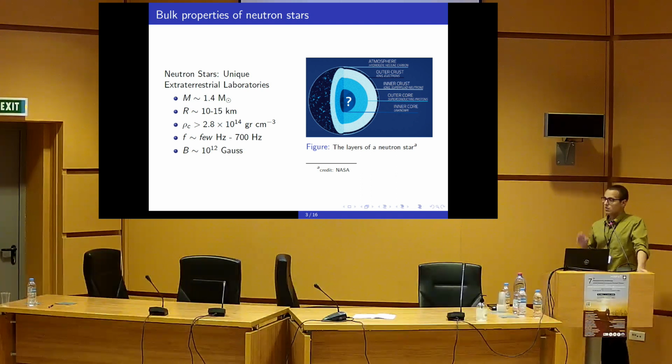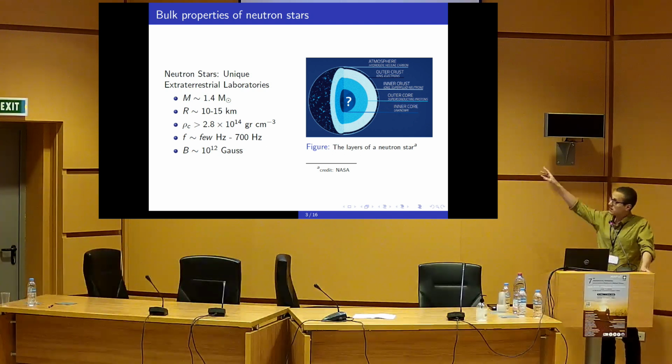So neutron stars are considered to be unique extraterrestrial laboratories for the study of dense nuclear matter, and this is somewhat expected considering the extreme values of their properties. So we have extremely large densities, extremely large magnetic fields, masses, and very small radii. And as you can see on the right-hand side of the picture, even though the layers of the neutron star are kind of well known